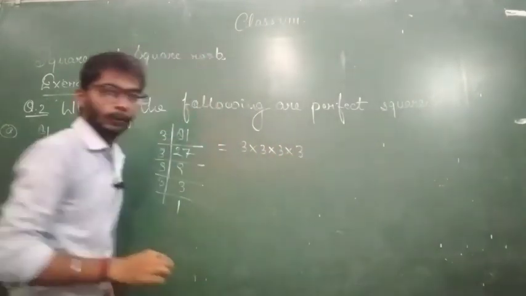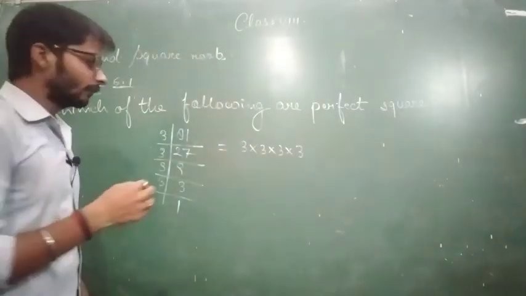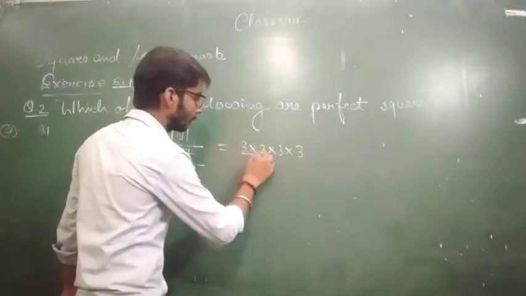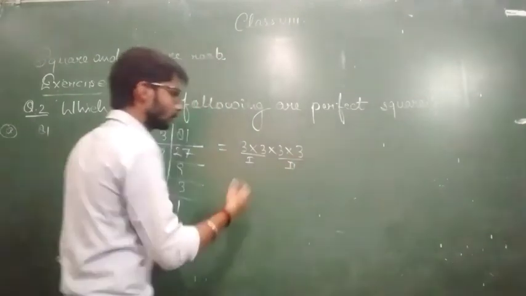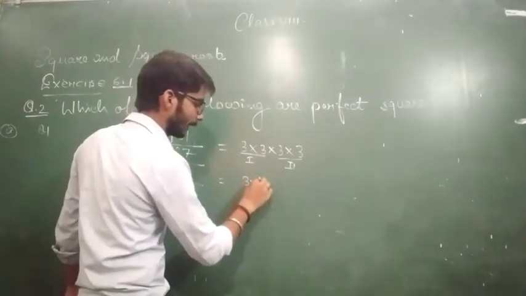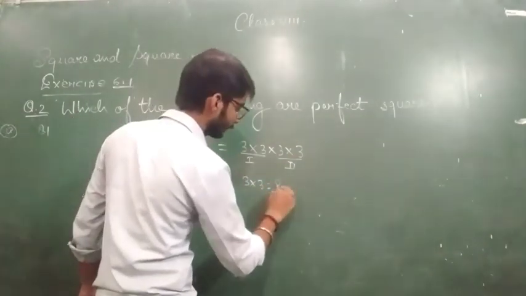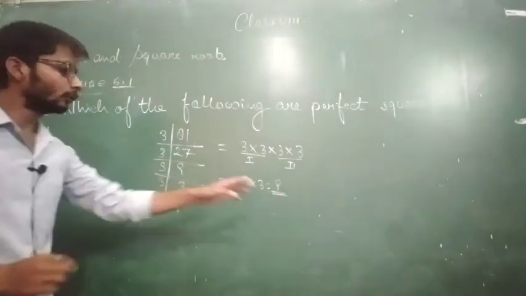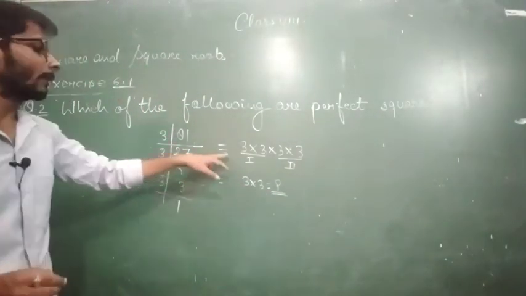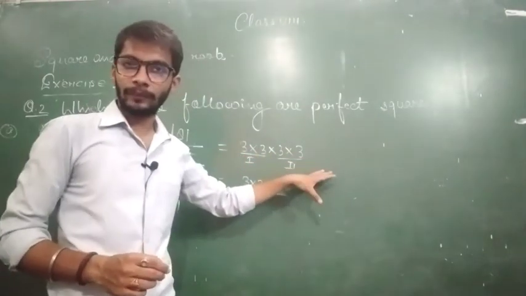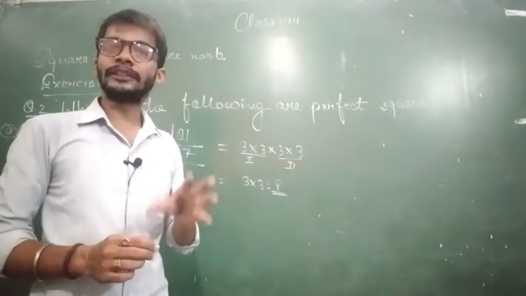Now pair the factors. तो हम क्या करते हैं पहले पेयर बनाते हैं, पहला पेयर बन गया ये और दूसरा पेयर बन गया. So now 3 multiplied by 3 gives 9. तो हमारा ये दिया हुआ 81 है, ये 9 का स्क्वायर है, और अगर हमारे पेयर नहीं बनते हैं तो हमारा दिया हुआ वैल्यू परफेक्ट स्क्वायर नहीं होगा.